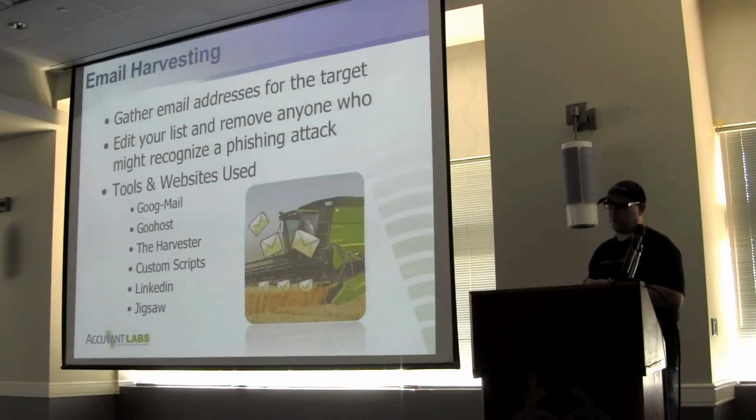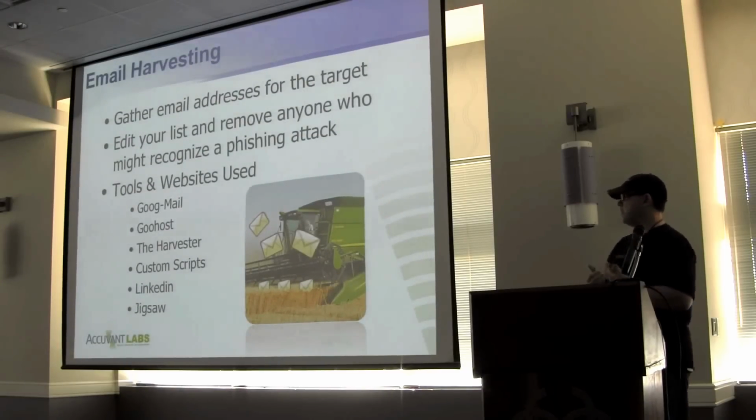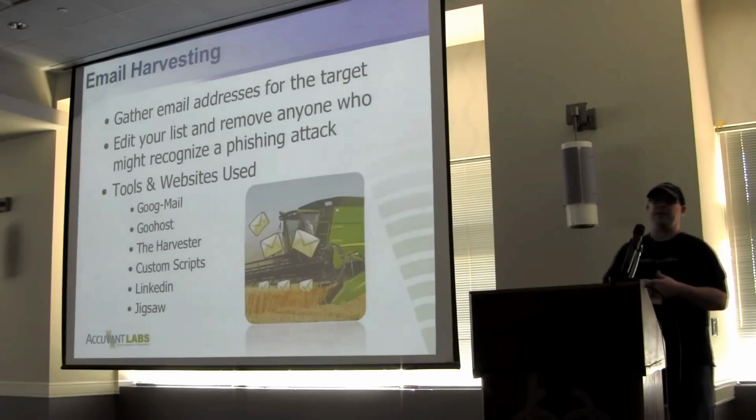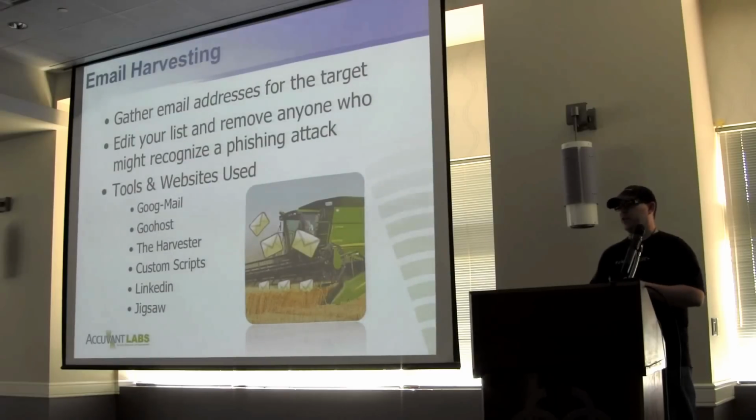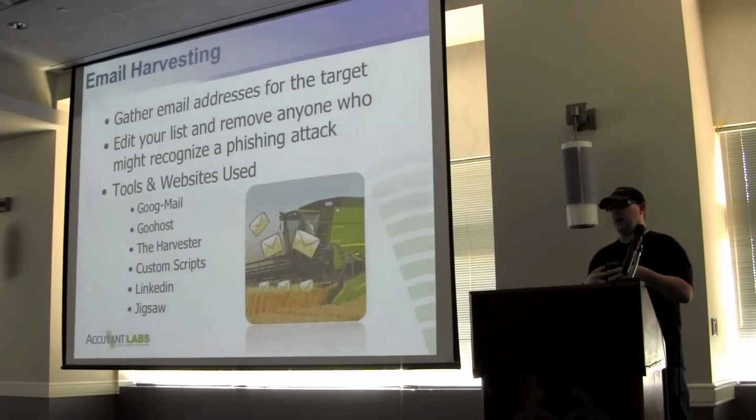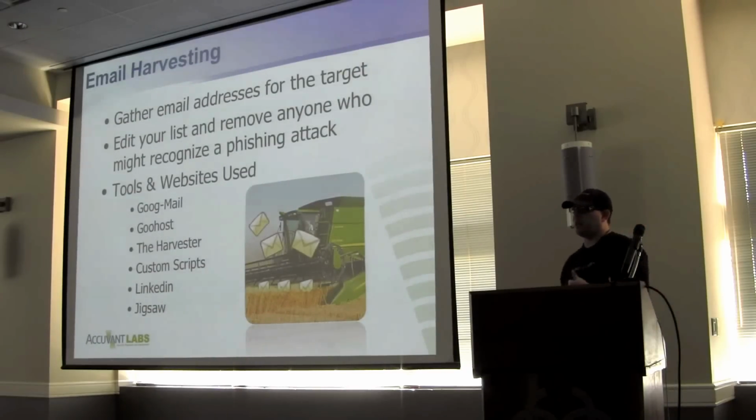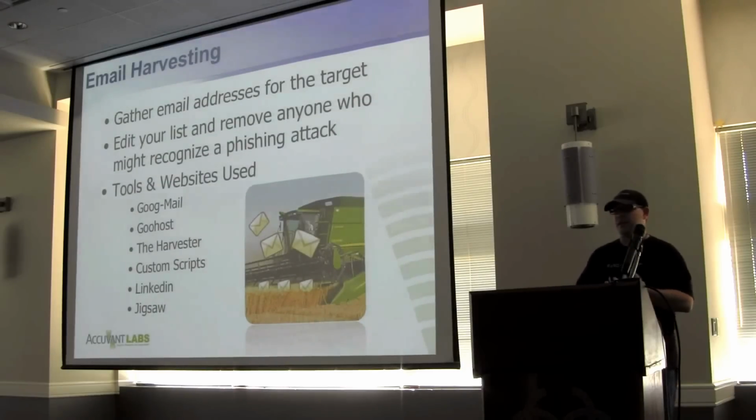So basically, you want to gather your email addresses for the target. These are some of the tools that we use: Google, GooHost, theHarvester is pretty good. We have custom scripts. LinkedIn is always a good place because there's so much information you can get from the job posts there, right? Because then you're going to know what they're running, what systems they have, maybe what AV they have in place, and all these different things help us build a perfect targeted attack and decide what type of payloads we're going to use. If they're talking about web proxies and things like that, we might use a different type of payload as far as egress filtering, egress busting.